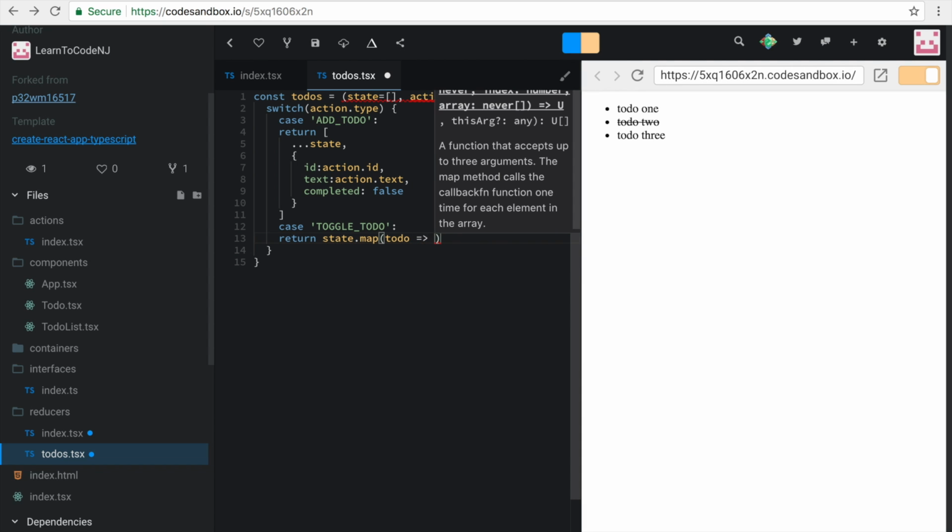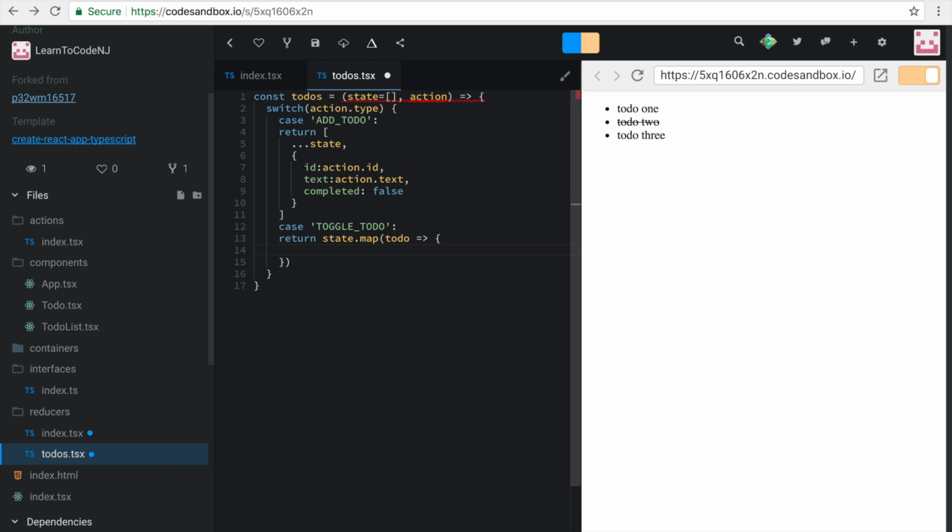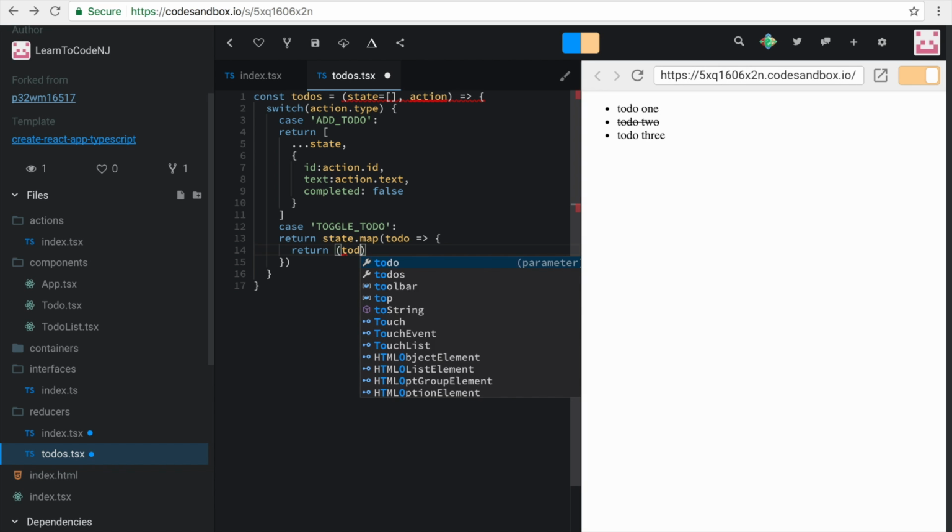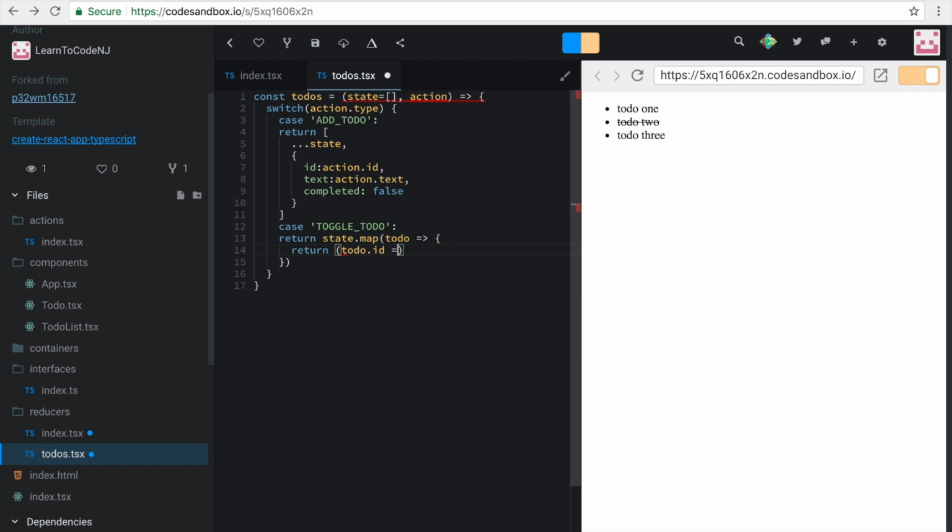We're going to map through each one of our to-dos, and we're going to say, I'll write this out a little more clearly. We're going to say basically return, create a ternary statement: if the to-do ID is equal to the action ID, then we want to return